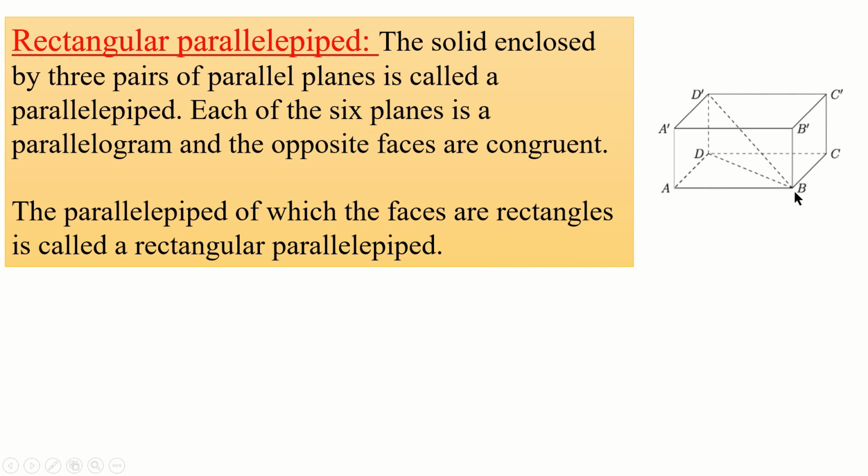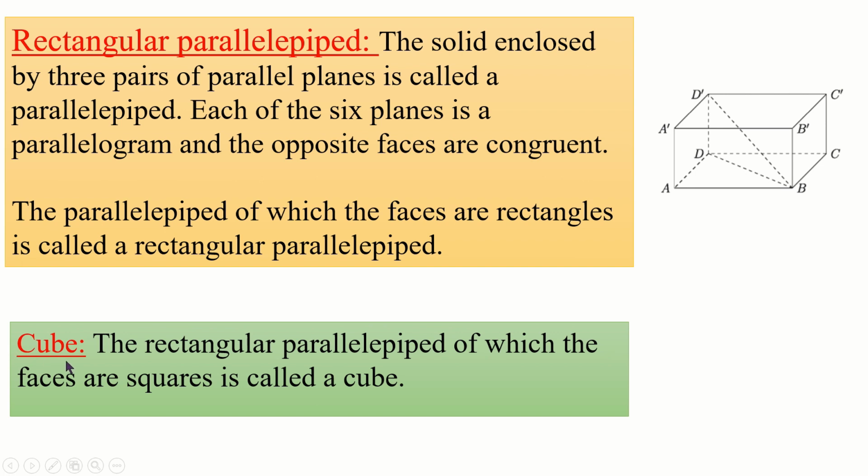As this face is a rectangle, this face is a rectangle, top face is a rectangle, this face is a rectangle, so this is called a rectangular parallelepiped. And this we can also say is a parallelepiped because a rectangle is a parallelogram. Okay,